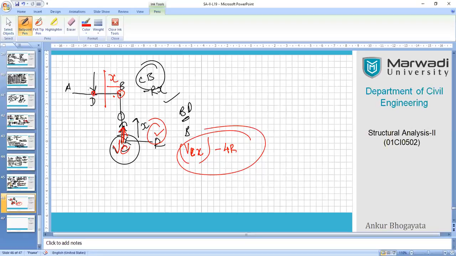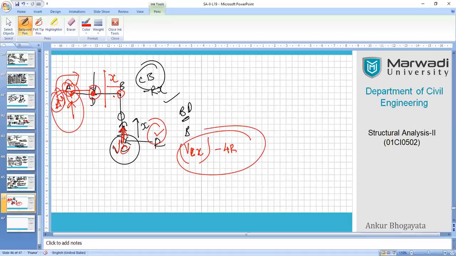Now what we did, we changed the sequence from right to left instead of left to right. So we have come here and we selected this segment such that the origin becomes A, not D. Right? So now our origin is A, whatever forces are available here, I need to consider them.